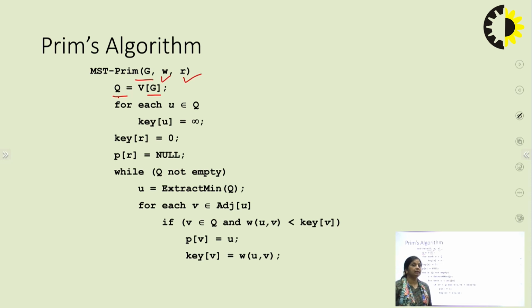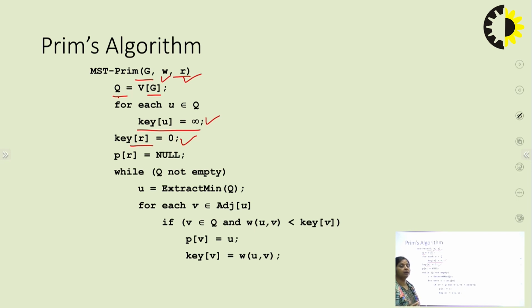Which node will be deleted next? The one which is having the minimum value of the adjacent edge. Okay, so starting with the queue, firstly, from where are we starting? R. So R will be assigned value 0 and all others will be assigned infinity. All the nodes will be given an initial key value, 0 to the source node, the start node from where we are